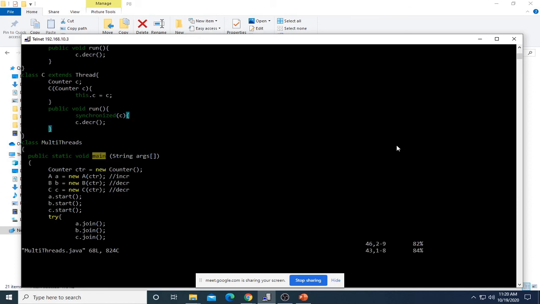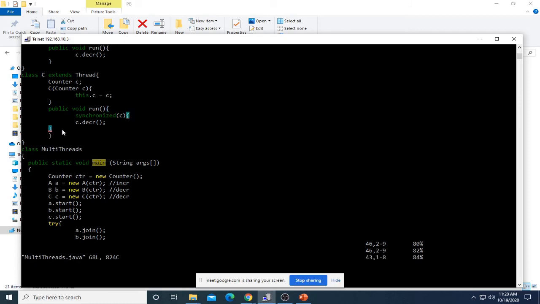Don't forget this pair of braces. Once you write synchronized keyword, you should mention the resource within a pair of parentheses, and whatever code you had written as part of run method should be enclosed within one more pair of curly braces.